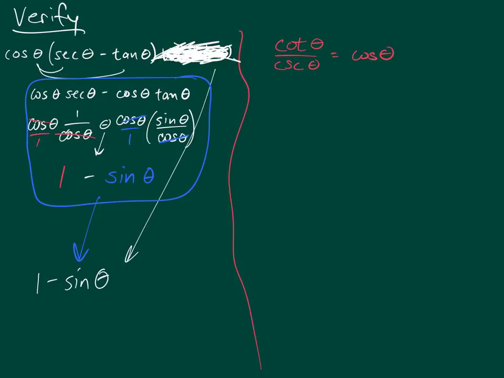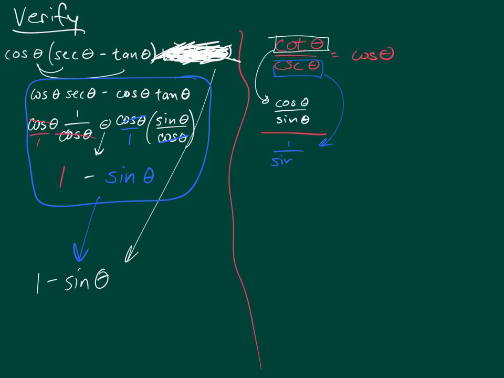So I'm just going to rewrite cotangent and cosecant in terms of sines and cosines. And this is going to end up something like this. Cotangent is cosine theta over sine theta. So that takes care of this portion. And then in this one, cosecant turns into